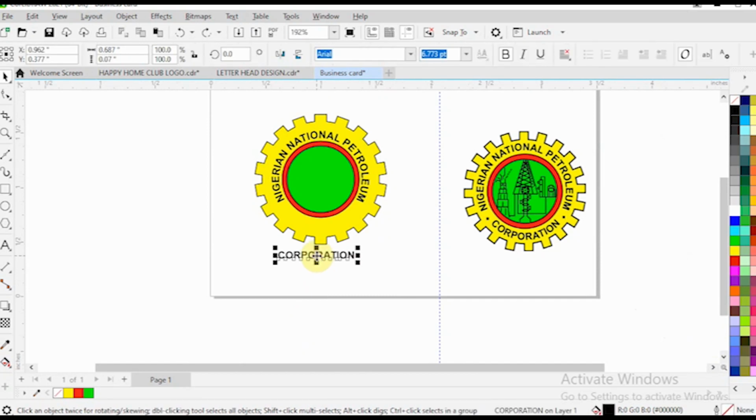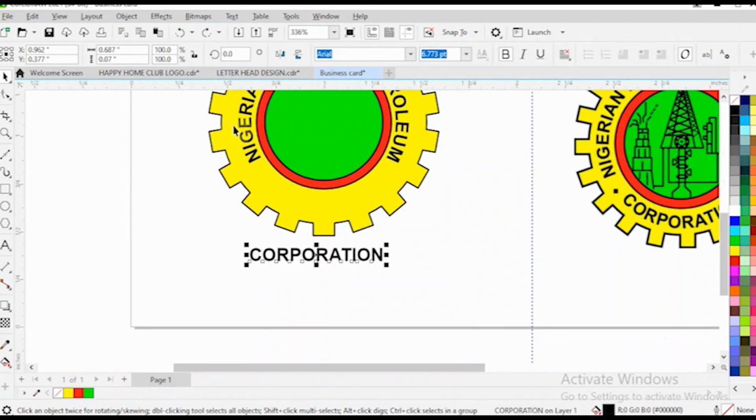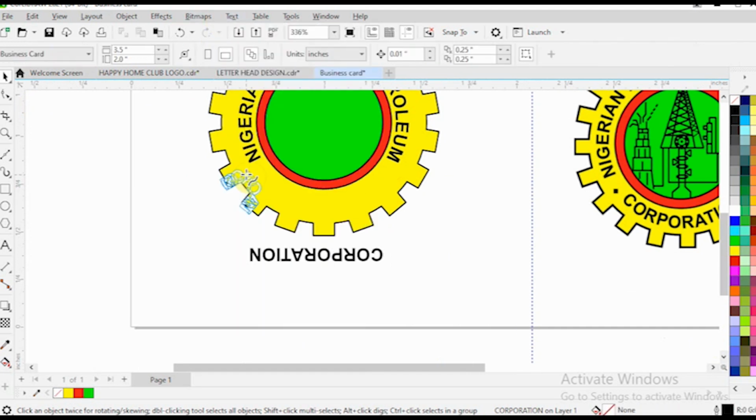First thing I want to do is rotate this to an angle of 180 degrees so that once I fit it in, it will just fit without stress. So if I hit fit text to path, you see it takes any part that my cursor goes to. But I want it to fit into this part. So if I take it here,